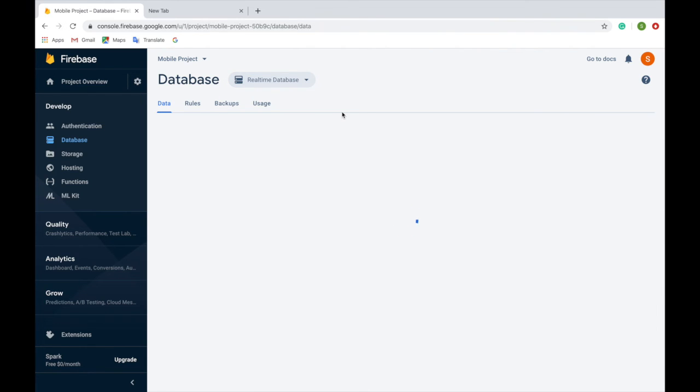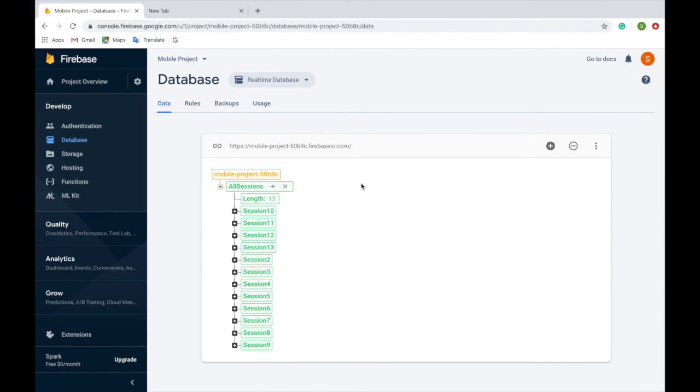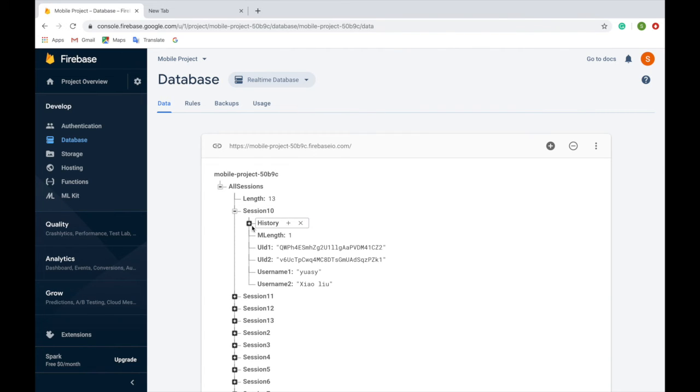Next. This is the real-time database, and in this database we store all the information of the messages and the history of messages. Each session contains two users. These users are participants in this session. We use user ID 1 and user ID 2 to specify who the users are here. And username 1 and username 2 are basically for the